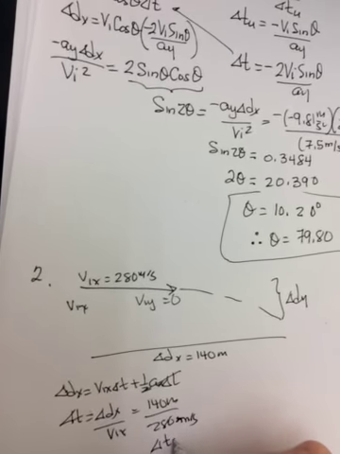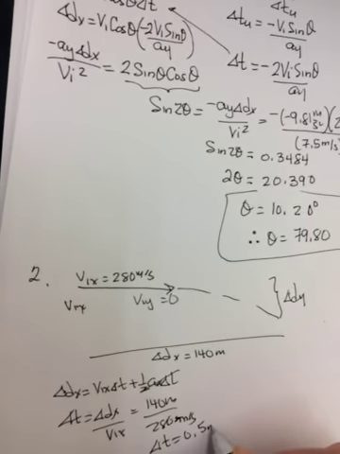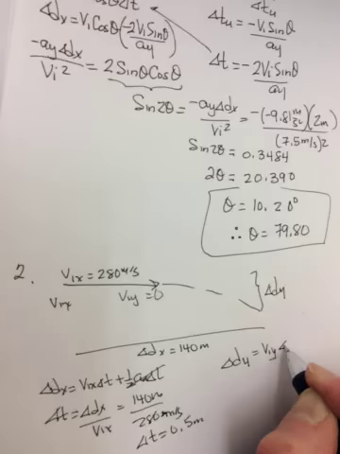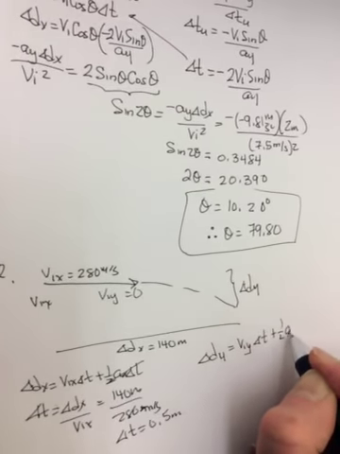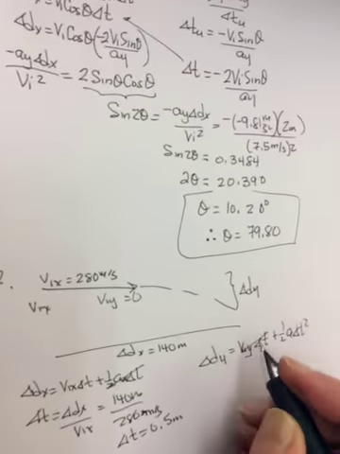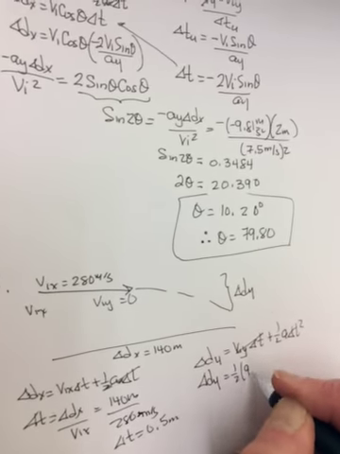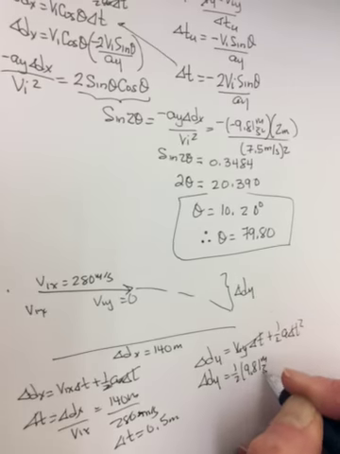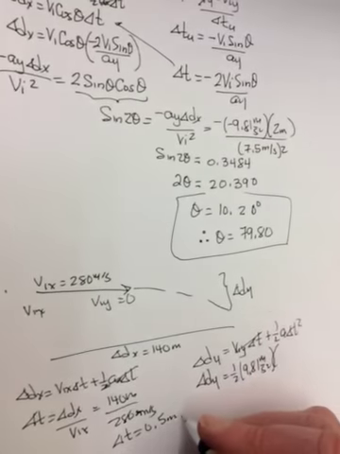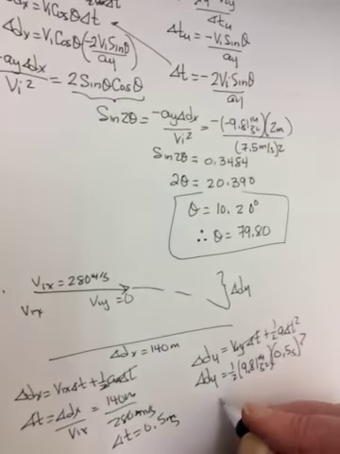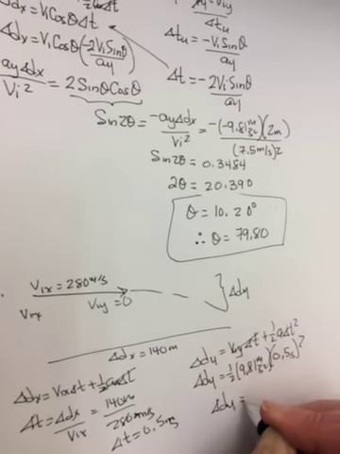And then you use that in the y direction. Delta dy is equal to VIY delta t plus 1/2 AY delta t squared. This goes to 0. Delta dy is equal to 1/2 times 9.81 meters per second squared times that half a second squared. Most people, the issue with this one is they don't recognize it as an